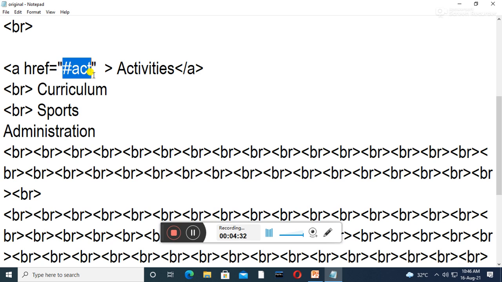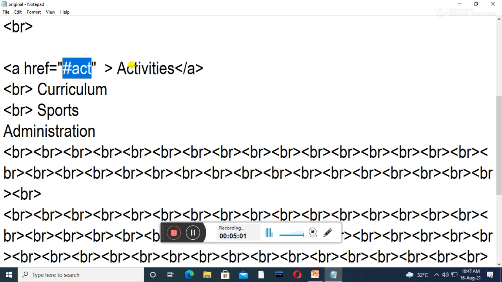It is a name or label given to the explanation section. The same name we have to use in the explanation section. We create internal linking in two parts. First, I declare here that the word activity is about the activity given in this part of the section.